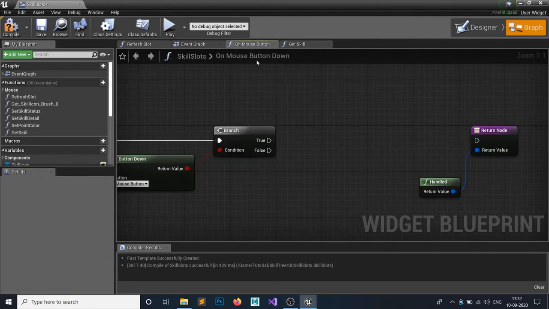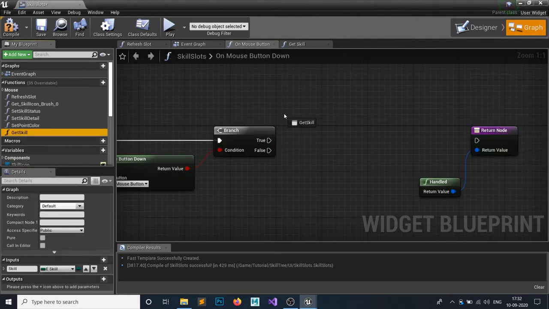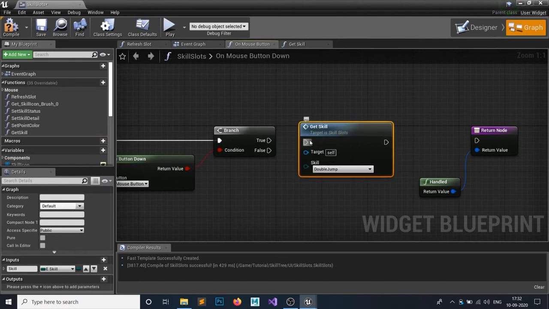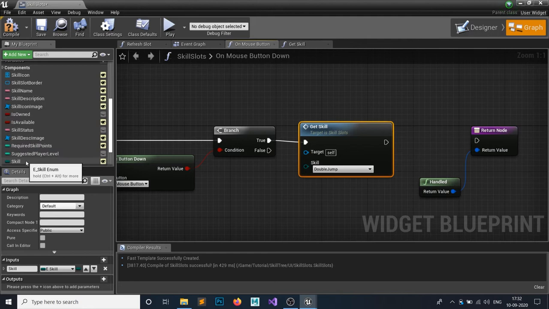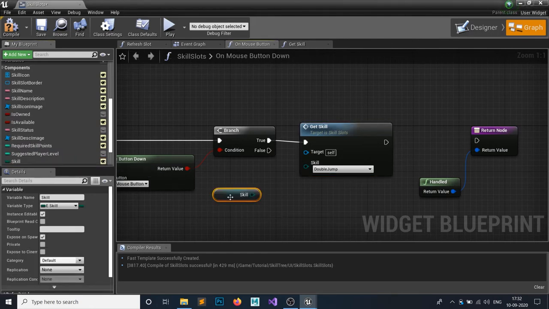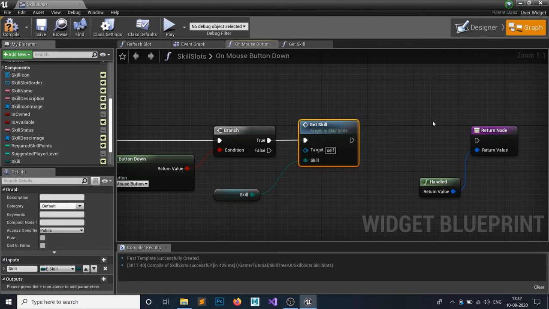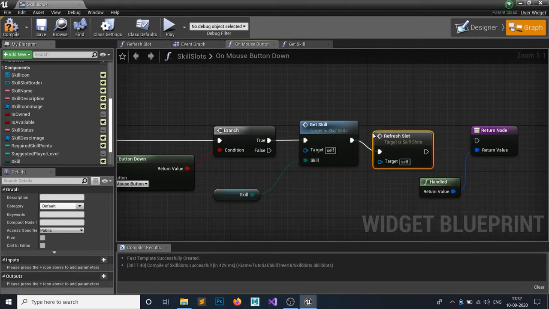On your mouse button just get this skill. Target would be yourself and the skill would be the skill inside here. Make sure you attach it, otherwise this won't work. And after that we're going to refresh our slot. So whenever we click on this button, we want to refresh our slot.